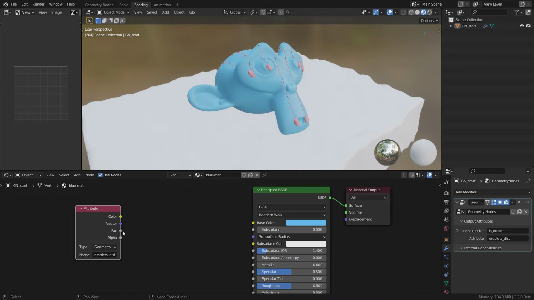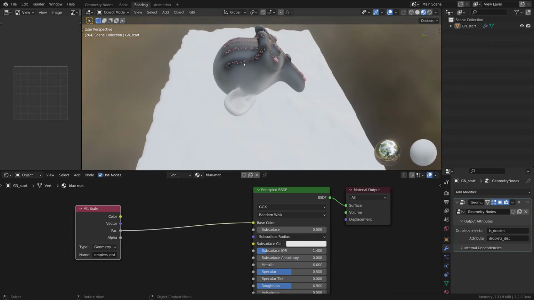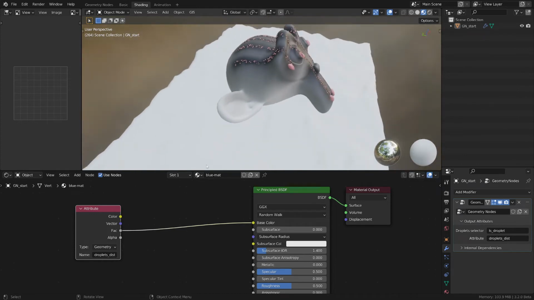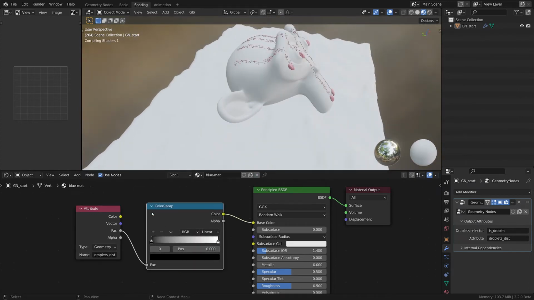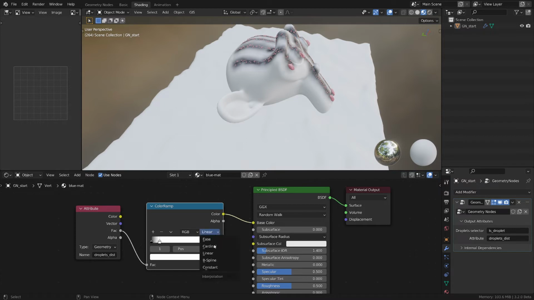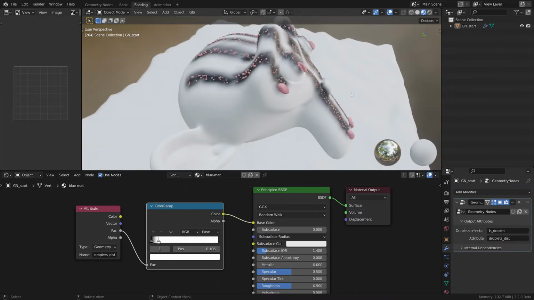And if we look at this factor here, we plug it here, we get this gradient, as you can see here, that we can of course play with using a color ramp. So you kind of get something like this. You can use an ease and do a whole bunch of stuff. So as you can see now, if we play with the